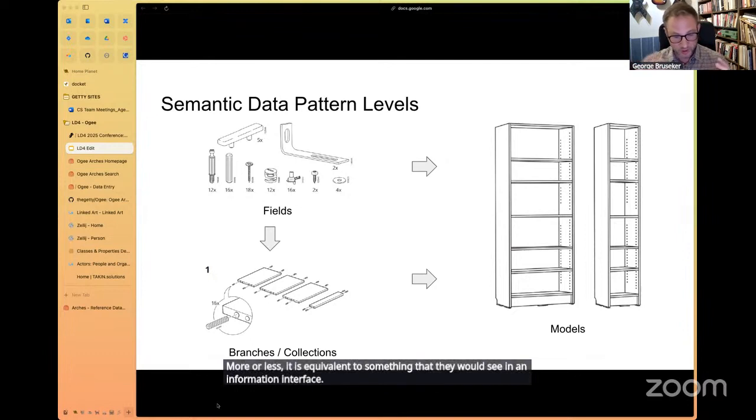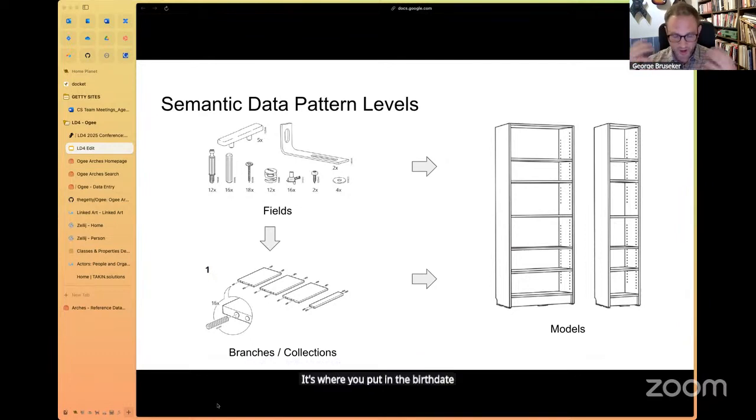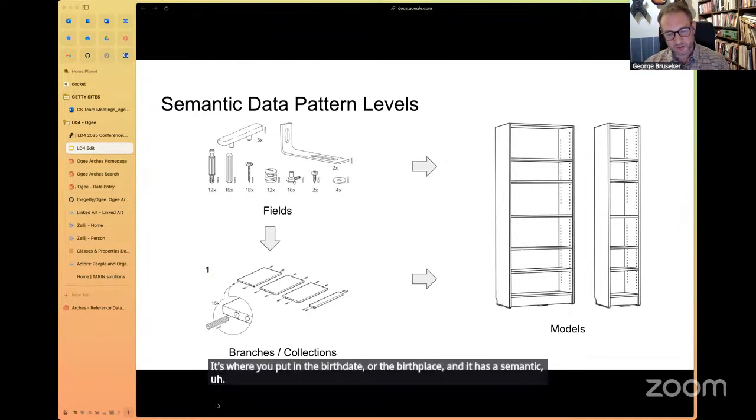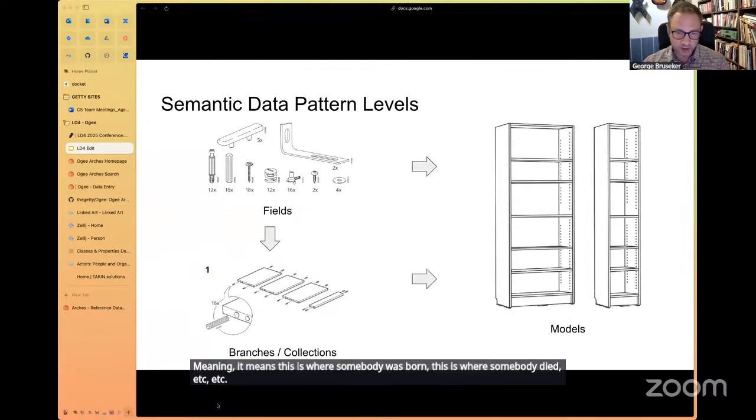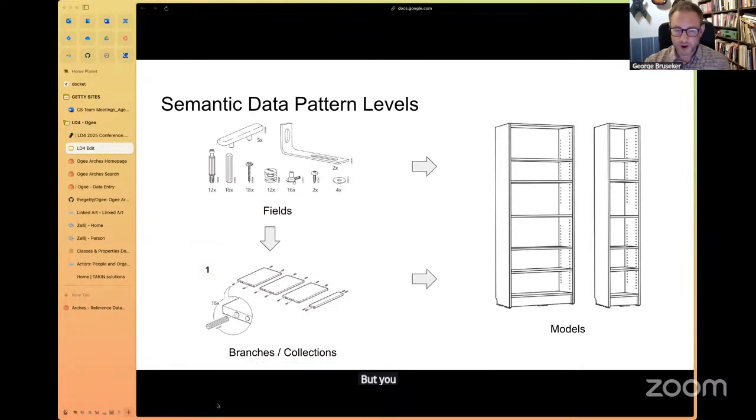It's where you put in the birth date or the birthplace, and it has an easily semantically interpretable meaning. It means this is where somebody was born, this is where somebody died, etc. You can understand it in English or any other language you translate it to, but you can also define that as a CIDOC CRM path, a semantic path, and that can follow linked art principles.